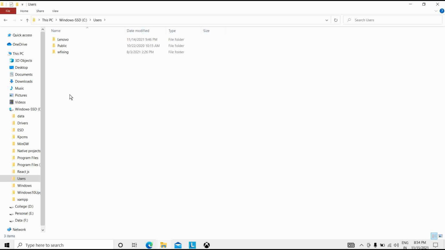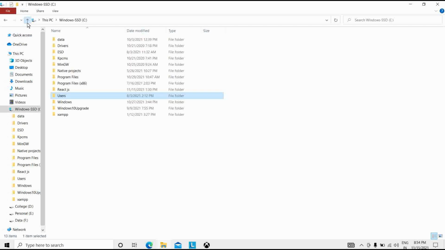Inside it, create a new file called options. I will be opening here C slash Users, username, Documents, Command and Conquer Generals Data.